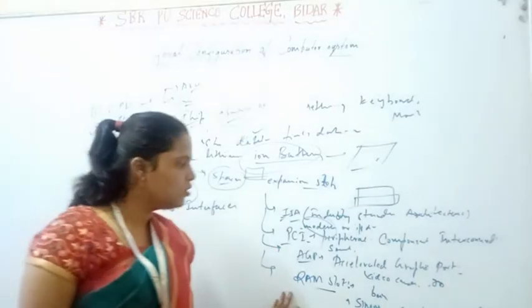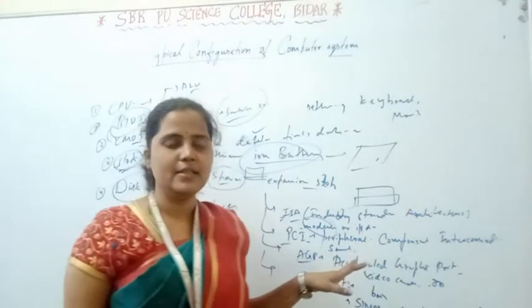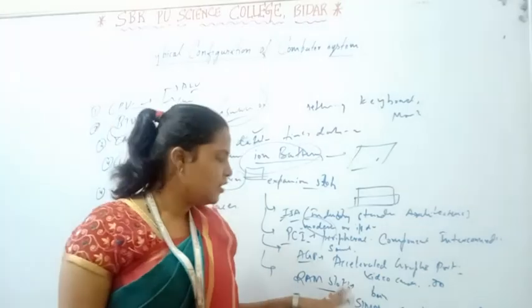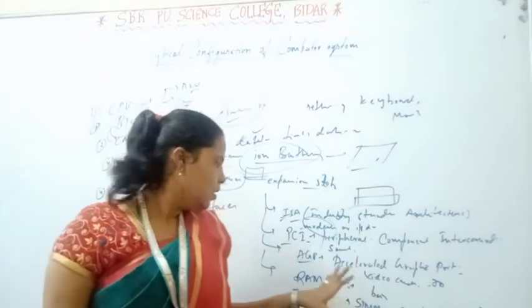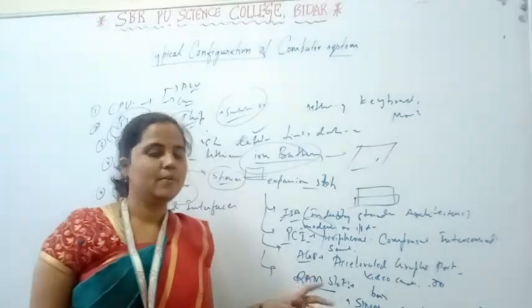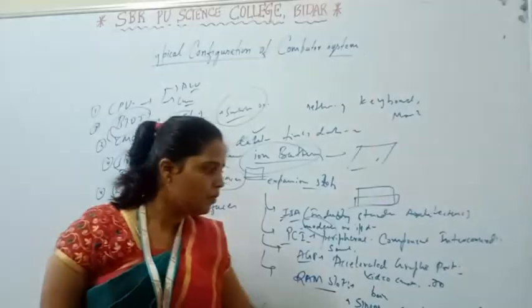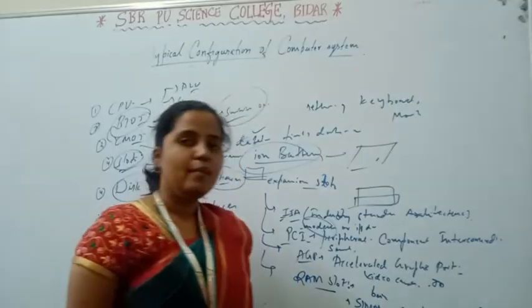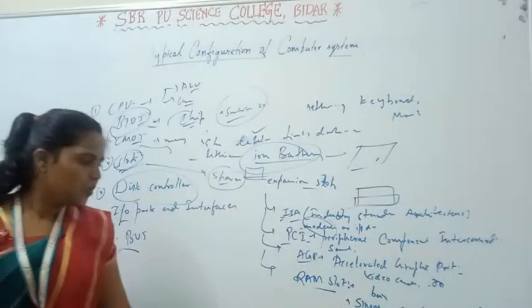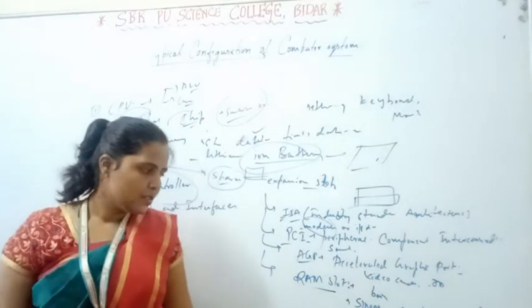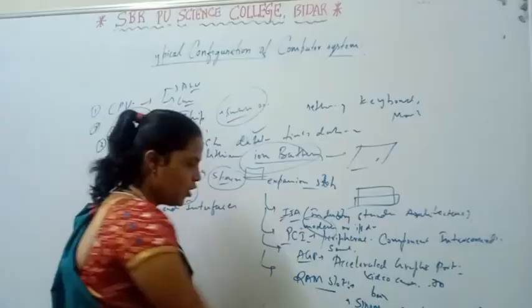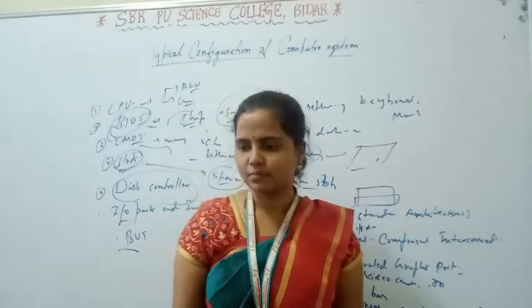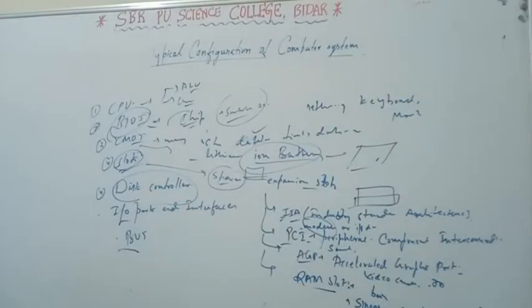Next, the RAM slot. As I said, whatever memory we are using is installed using this RAM slot. Two types of RAM slots are present: the first one is SIMM, single inline memory module, and the second one is DIMM, dual inline memory module. Okay. The last one is the processor slot, the largest slot, where we insert the processor chip. After this, we are going to read about the disk controller.